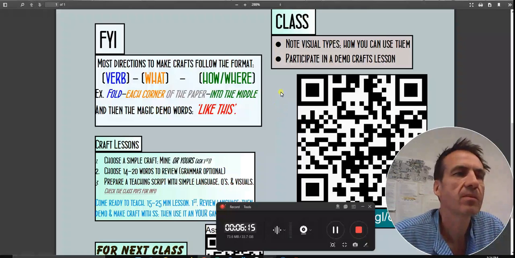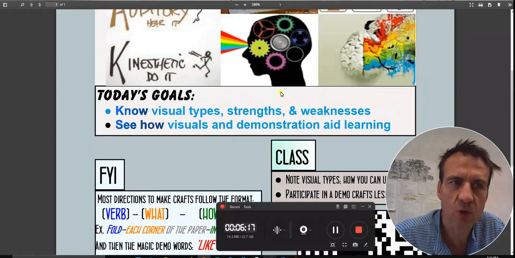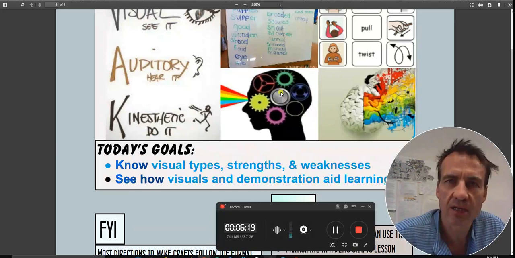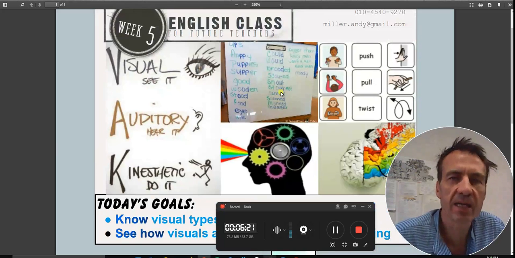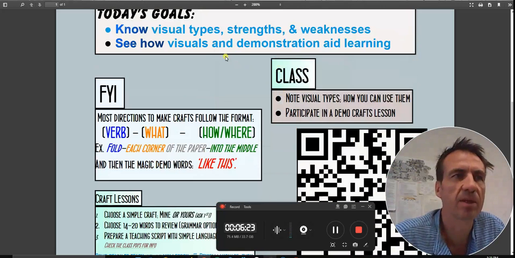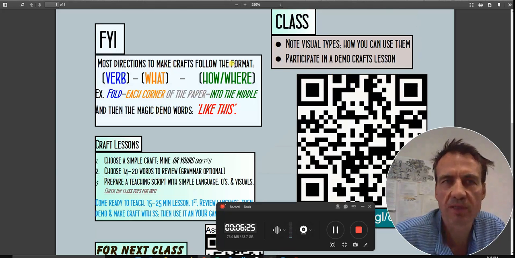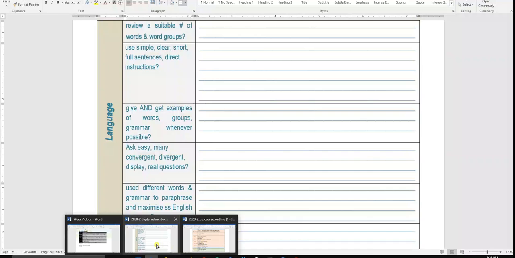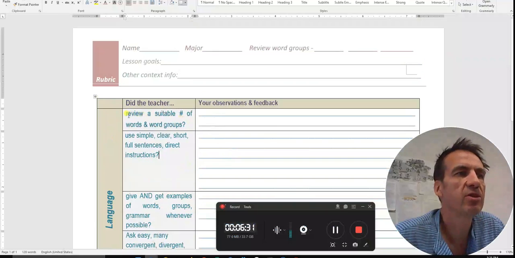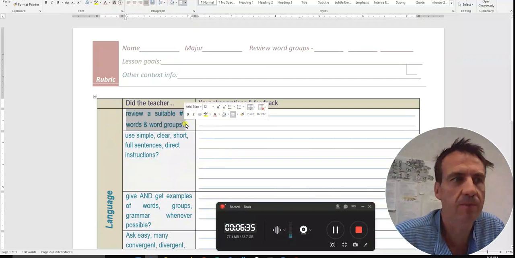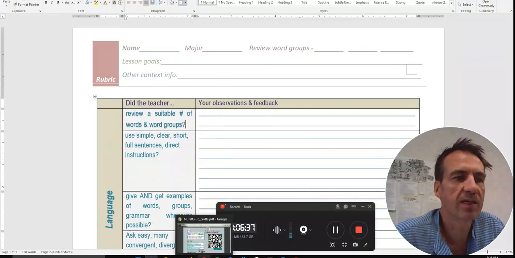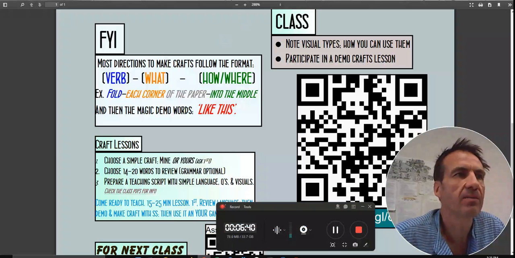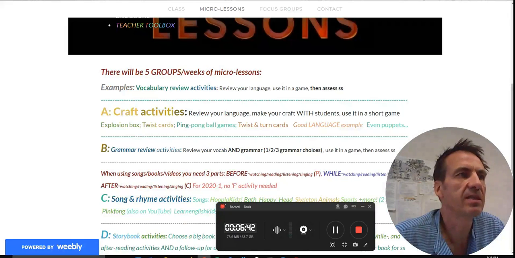Okay. Now for crafts, of course, it's not an art class. You're making a craft to practice some language component. So as always, for every micro lesson, you should choose a suitable number of words and group of words. So if we take an example,